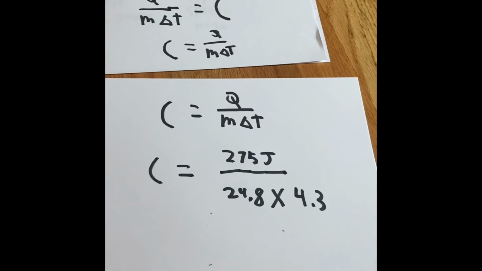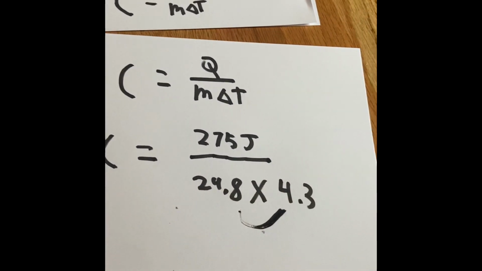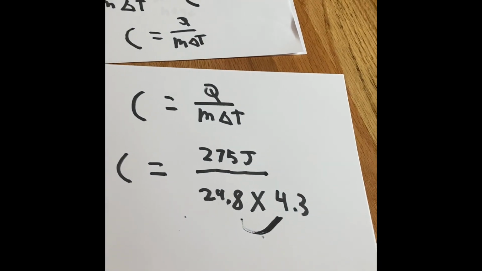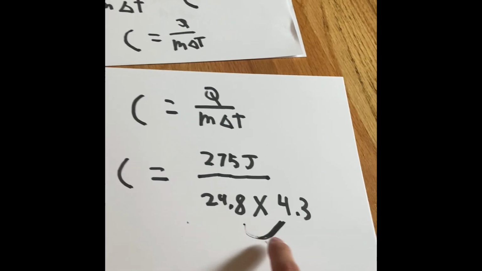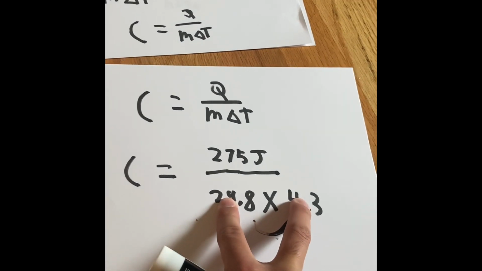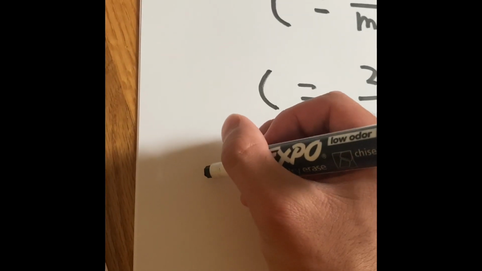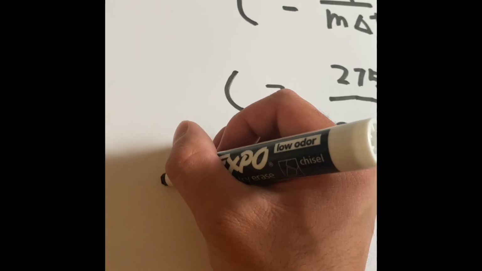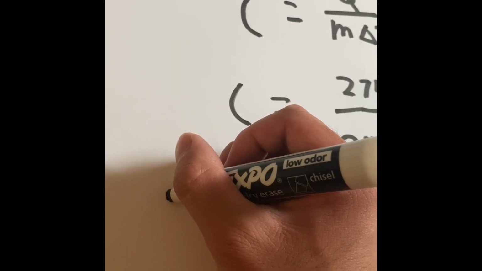When we solve this out, we multiply 24.8 by 4.3 as the change in temperature. Then we do 275 divided by the answer you get from that. The answer for the entire problem, the specific heat of the object, is